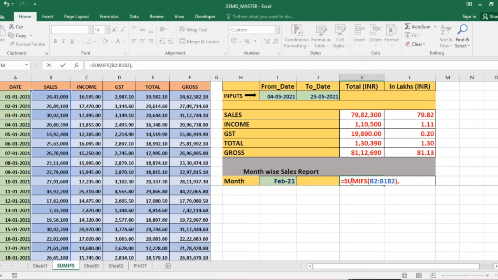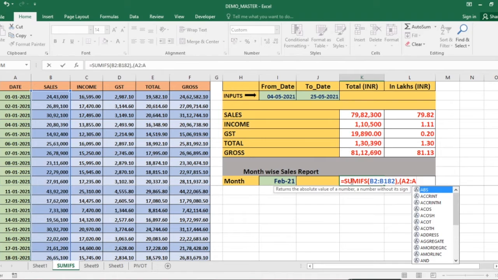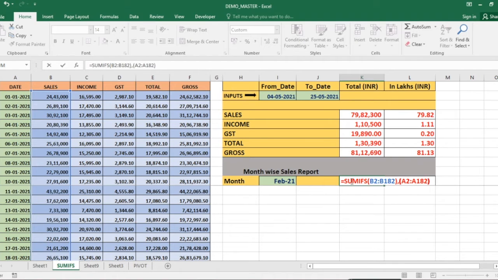My date range is also put in the same date range, to 182, again closing that bracket, comma.